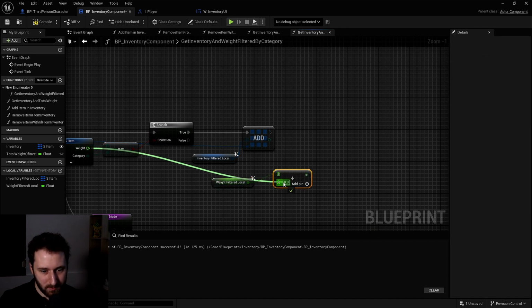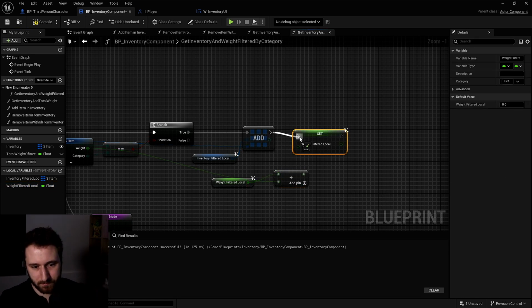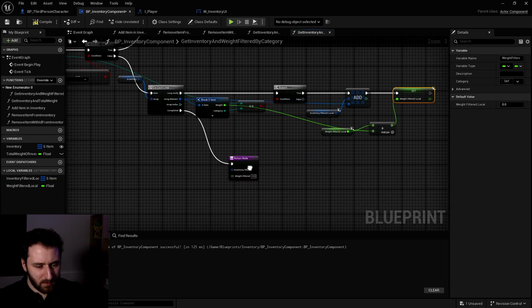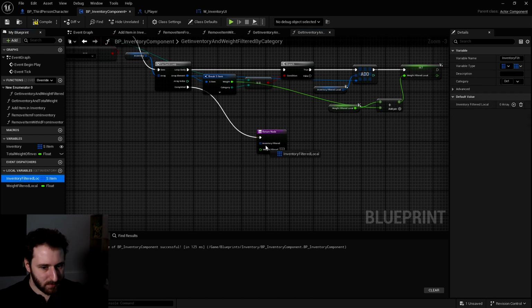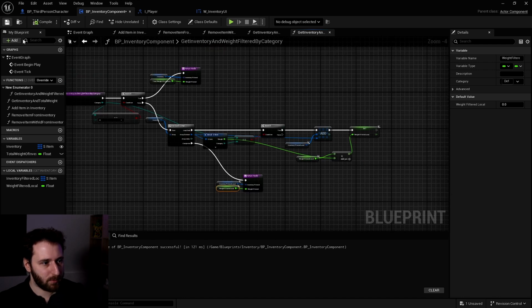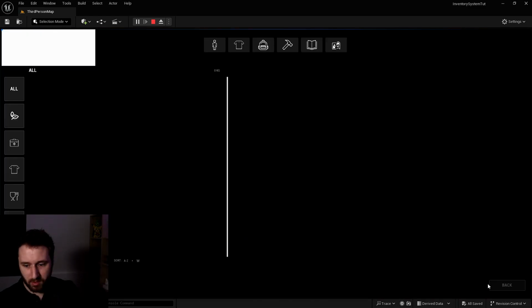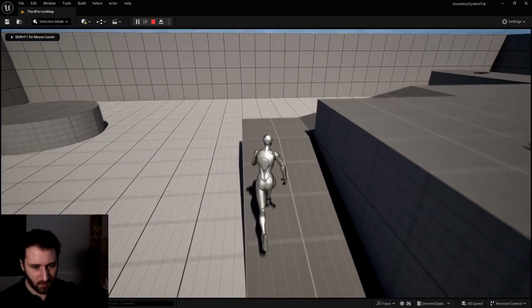We add the weight of that item, and we'll set the weight filter local. Perfect, so when it's completed, we can send this inventory filter local and weight filter local up to our widget. Let's check it out now. So we open, can open our inventory, we have nothing inside. We're gonna get some stuff.